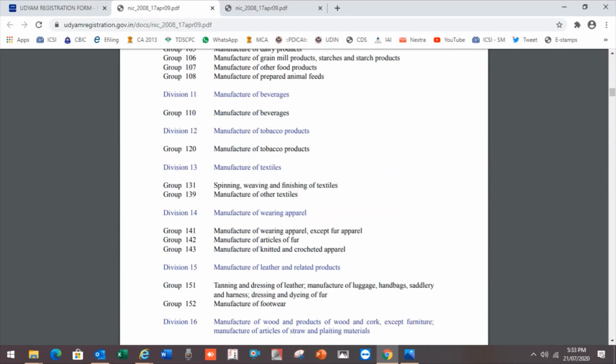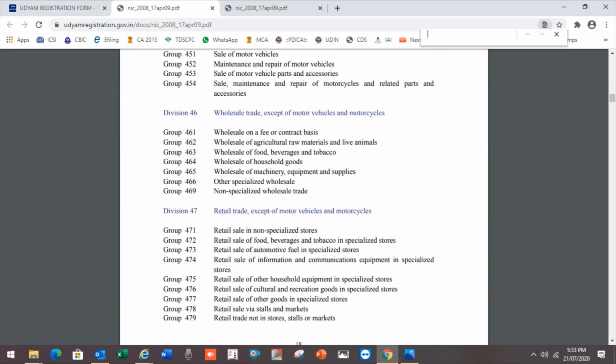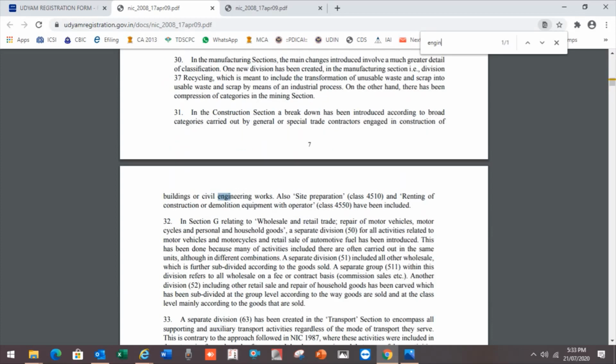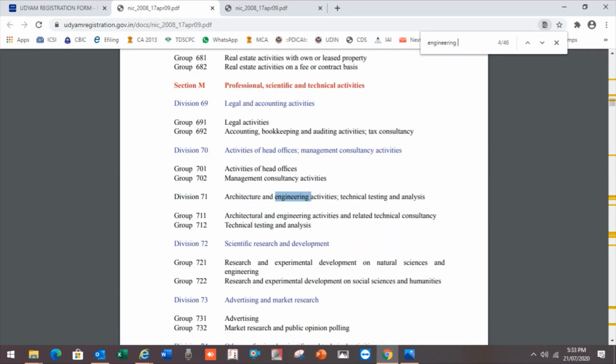Here you can see the codes. Shortcut ENGI, engineering. So these are the codes: NIC code 2-digit level 71, then 711. If you type this service there, the codes will all open automatically.